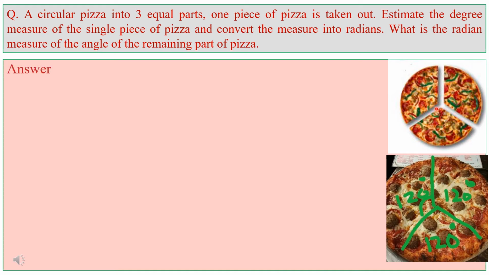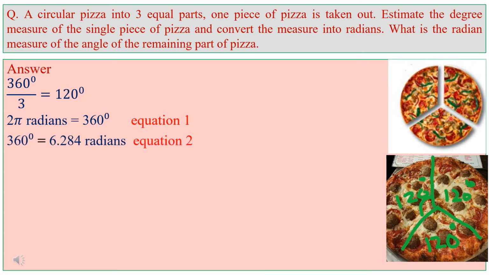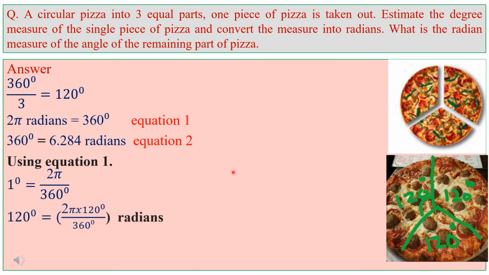We can divide 360 degrees by 3 to get the angle of a single piece of pizza in degrees. That is 360 divided by 3 is equal to 120 degrees. As we know, 2 pi radians is equal to 360 degrees, or 360 degrees is equal to 6.284 radians. By using equation number 1, we can get 1 degree is equal to 2 pi divided by 360 radians. By multiplying 120 on both sides, we get 120 degrees equals 2 pi into 120 divided by 360